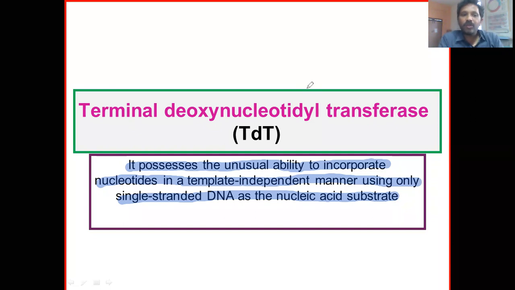Today we will discuss terminal deoxynucleotidyl transferase. Terminal deoxynucleotidyl transferase. This is an unusual enzyme. Why I'm saying